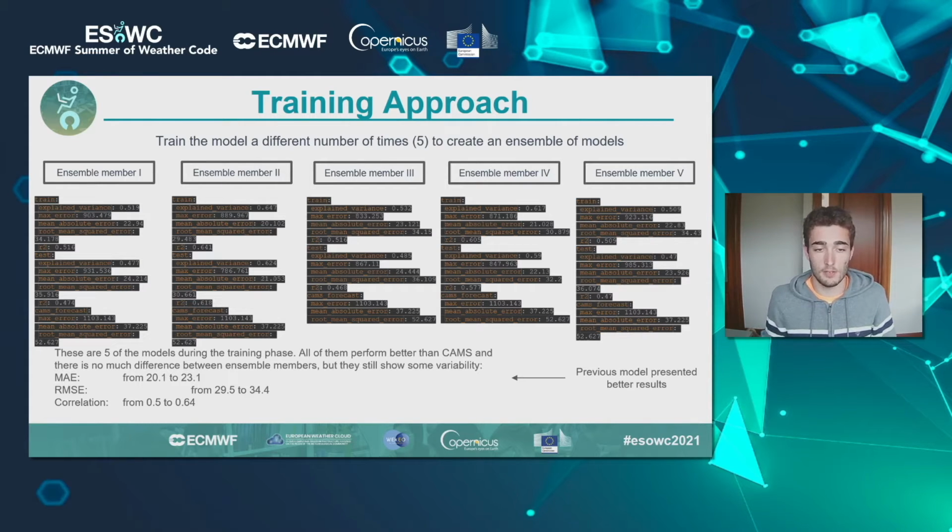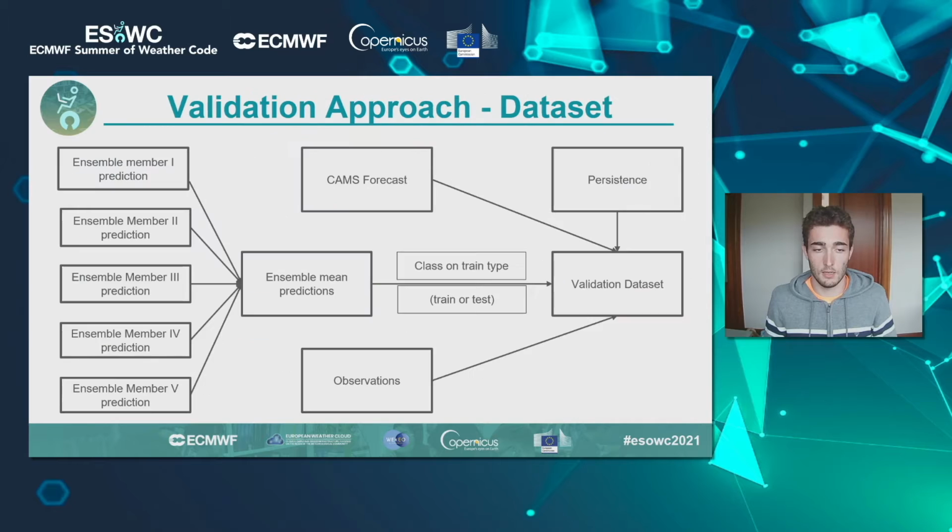A model with better performance, corresponding to including the latest observations as inputs, was discarded during the project development. This was made to facilitate its future integration with the CAMS model. This model achieved a reduction of almost 55% of the error metrics. Now we move to the next slide, where we present how the data was managed during the validation phase.